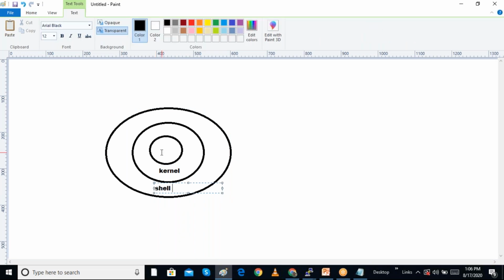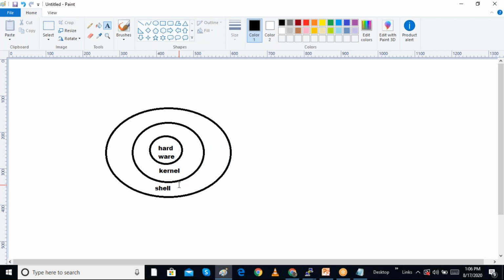This is my hardware. We want to connect with the hardware, so we need an operating system. The operating system has a kernel and a shell, both being parts of the operating system.